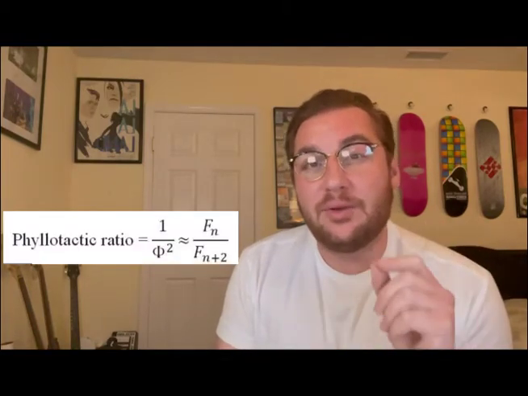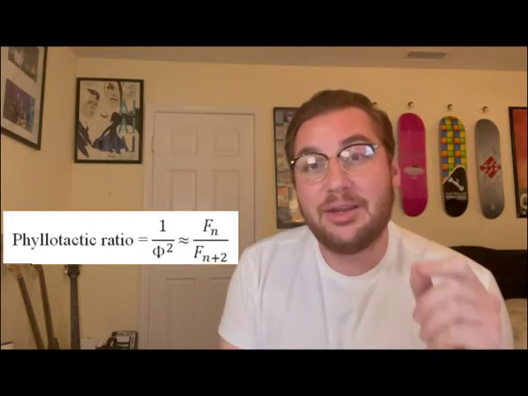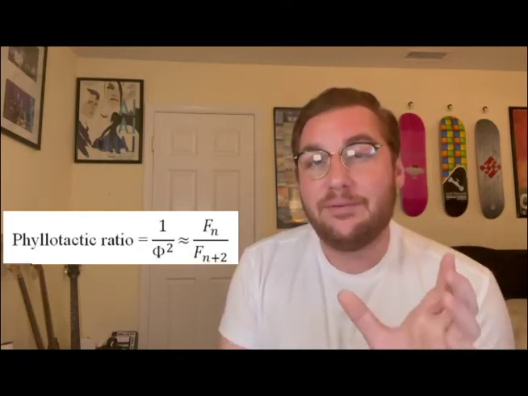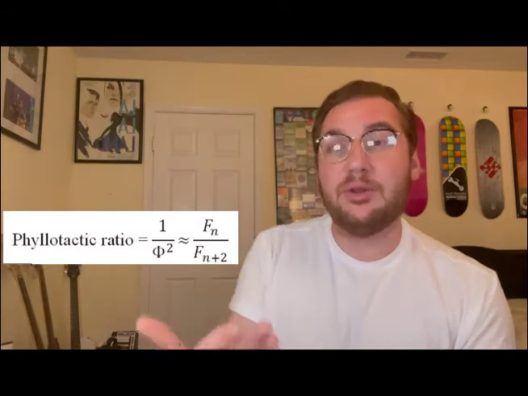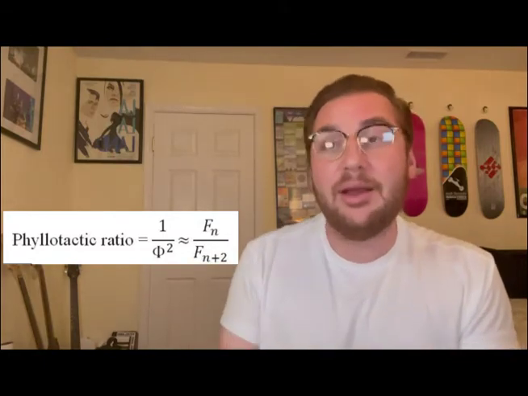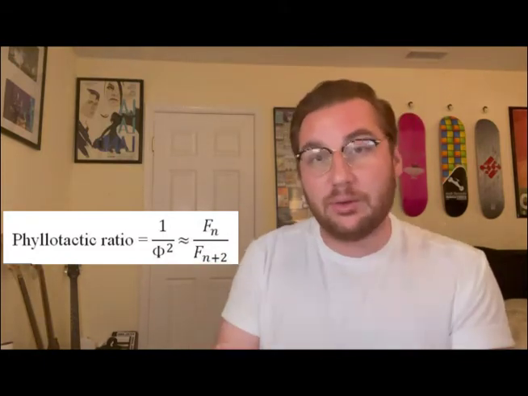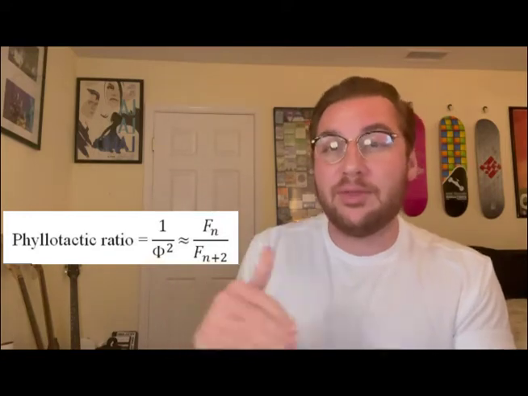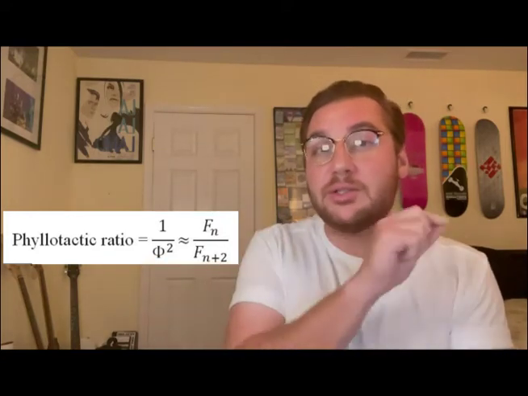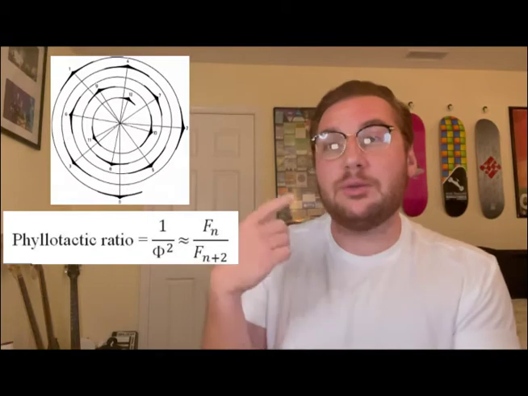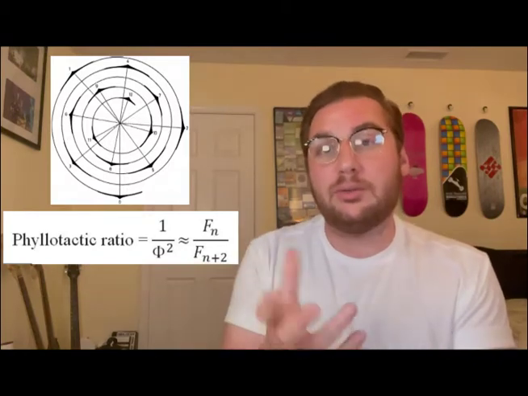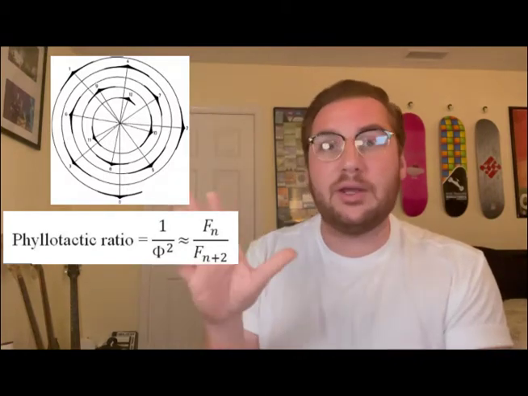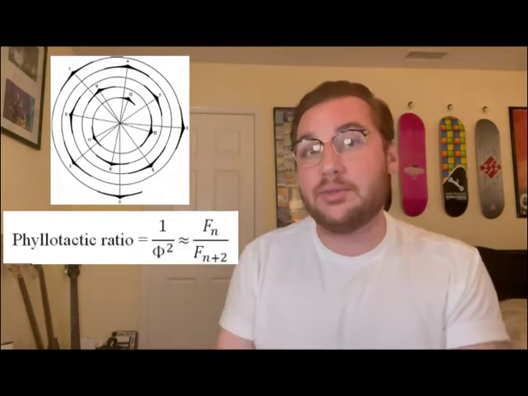If you look at that fraction on the right-hand side, you will see the Fn. The Fn is going to be a stand-in for the Fibonacci number that you're using at said time. It's going to be an infinite number. It's going to be ever growing. Now if you look at the bottom of that fraction, you will see Fn plus 2. That 2 is going to be a stand-in for the 2 rings that grow around said tree, with the Fn being the 5 branches that grow out of said tree.